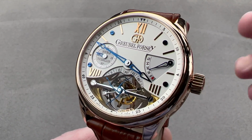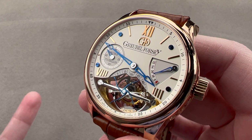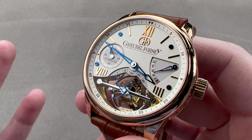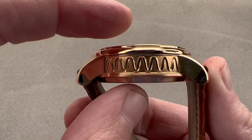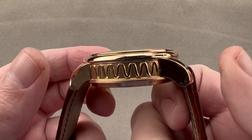attempted before. We're going to talk about all of that in a moment, but we're going to talk about the fit first because this is a large watch and it did debut at the beginning of the bigger is better era. That said, it's one of the most wearable Greubel Forseys at 43.5 millimeters in diameter with sharply downturned lugs. The case is 15.9 millimeters thick, so it's not thin by any means, and at 52 millimeters lug-to-lug does have